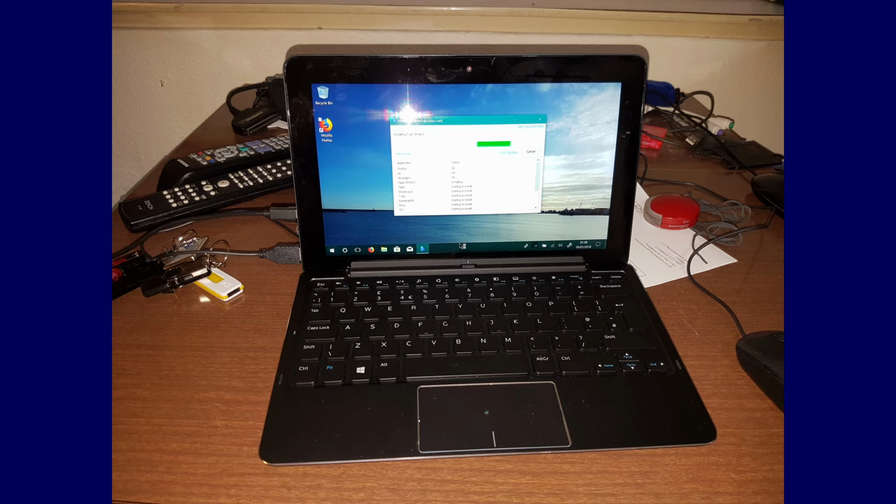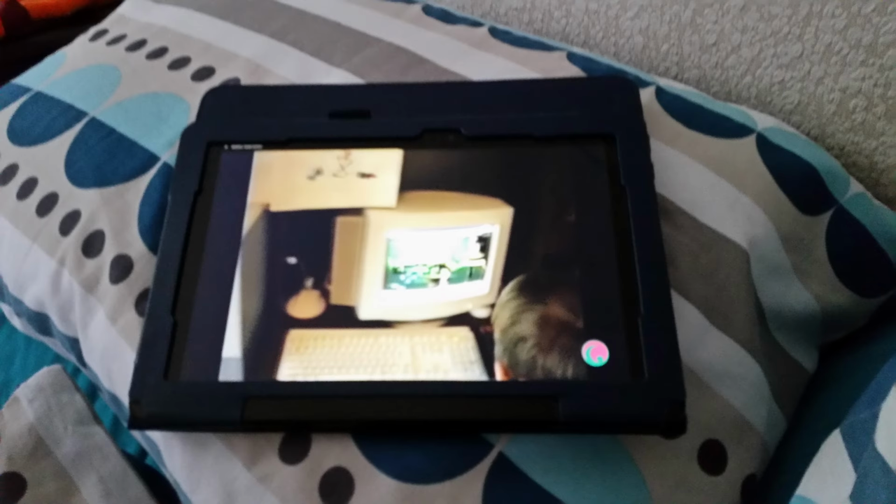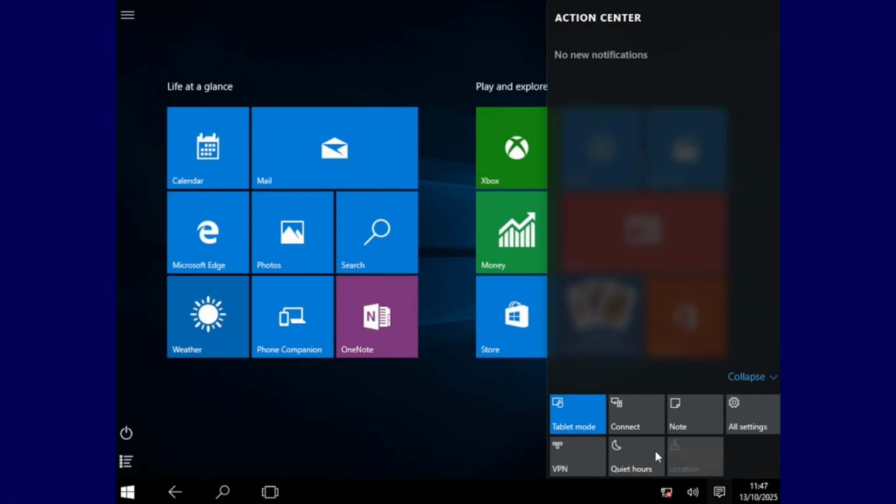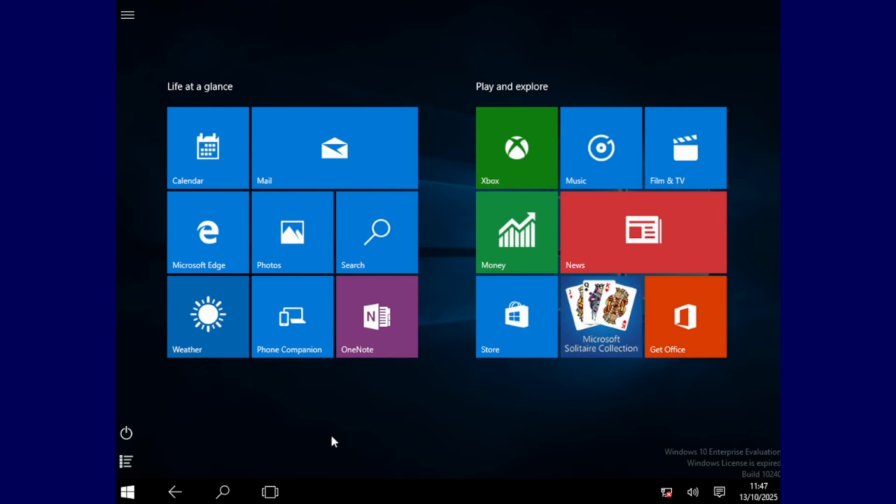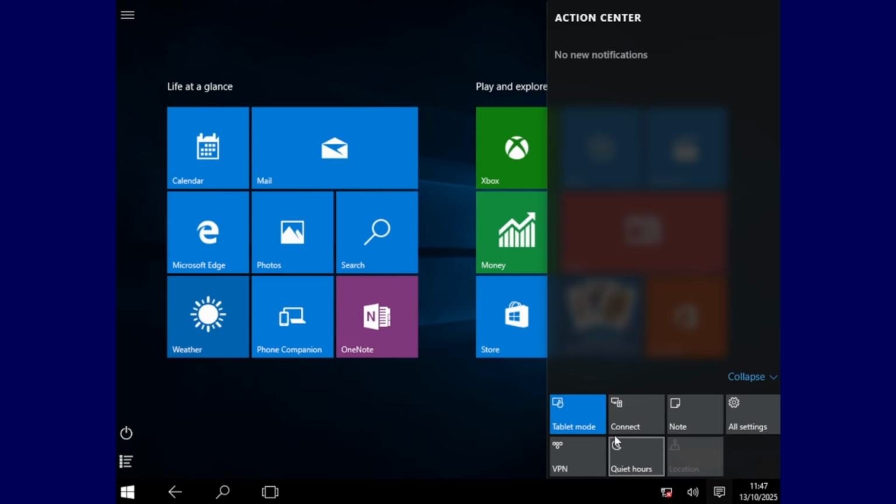So once I docked them into the keyboard, they just acted like little netbooks, in which case I had them in desktop mode. And when I undocked them, they became tablets, and then I had them in tablet mode. In fact, I do believe that both machines could switch dynamically between tablet mode and desktop mode. So yes, you did have a tablet interface for Windows 10 if you wanted it.